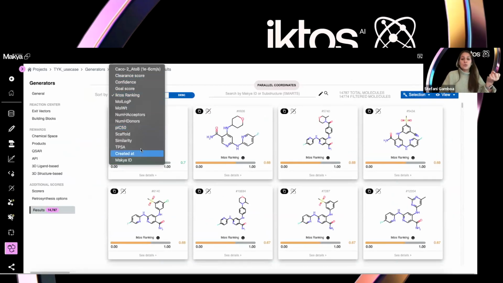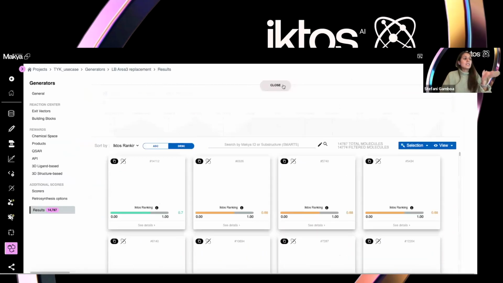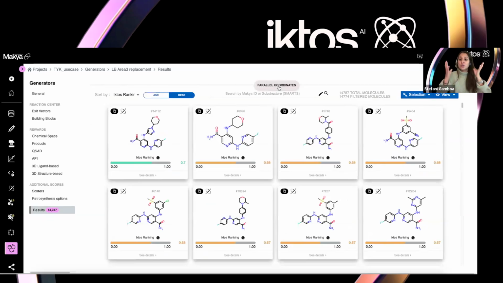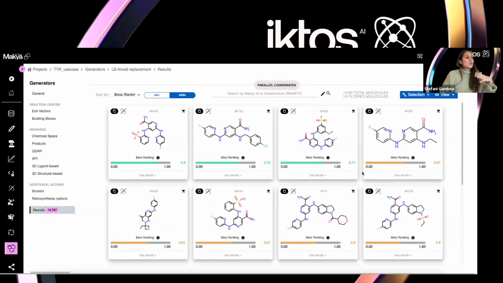different kinds of scores. It can be, for example, clearance, CACO2, confidence, you have PIC50, you also have physical chemical descriptors. And also we've seen in our previous webinar how you can filter molecules based on different targets, and in this way just select the molecules that matter for you. So particularly here, I want to show you the molecules that more or less we selected because they were good